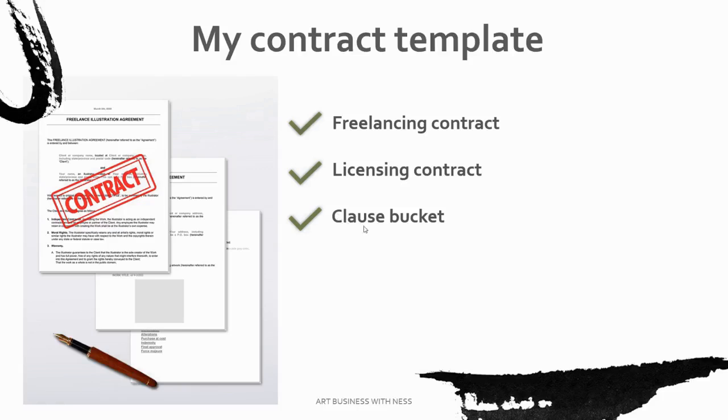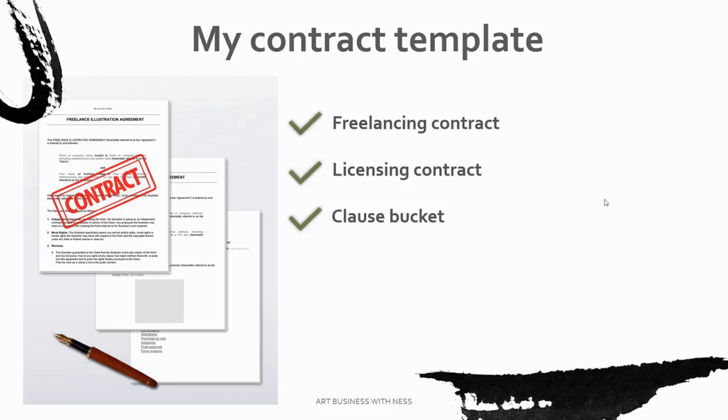The clause bucket is basically a bunch of different clauses that don't always apply, but you can read through and decide, oh okay, I want this, I want that, depending on your situation. You can copy paste the clauses into your freelance contract or your licensing contract. And even better, for each clause I've added an explanation in layman's terms so that you can understand what it is and decide if you want it in your contract. So it's a very easy to use, super flexible contract template.